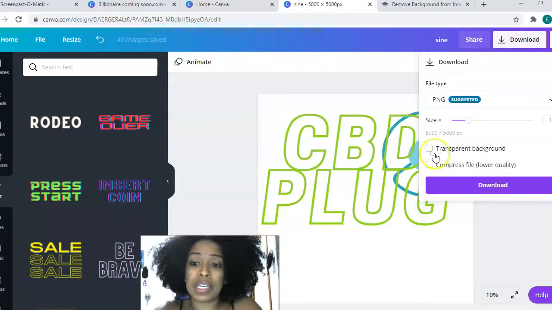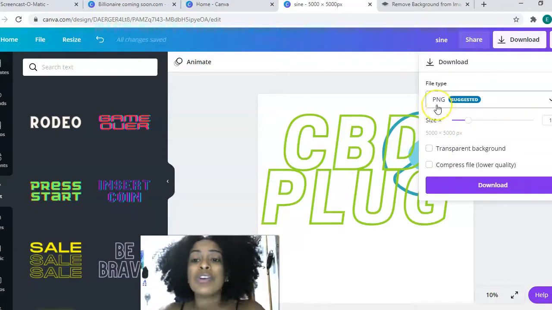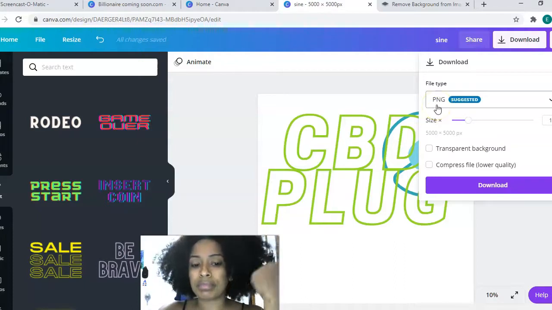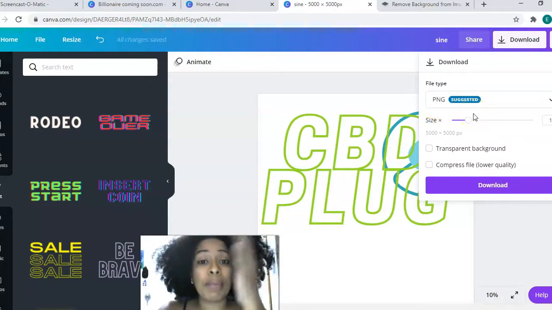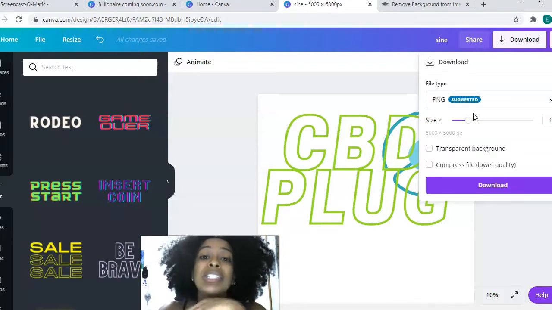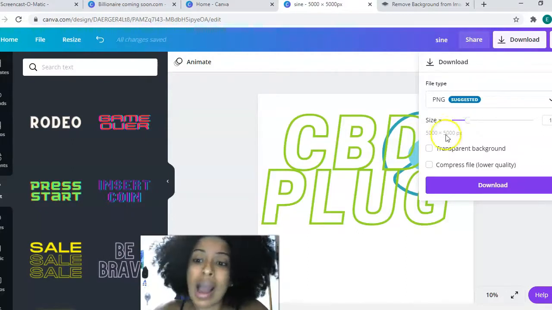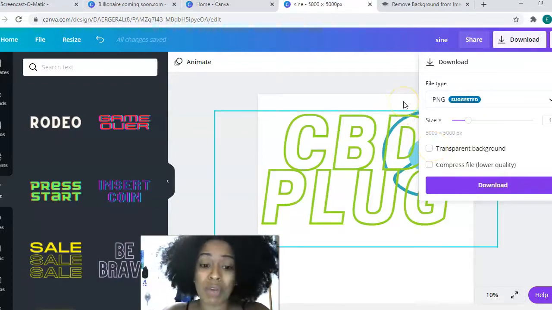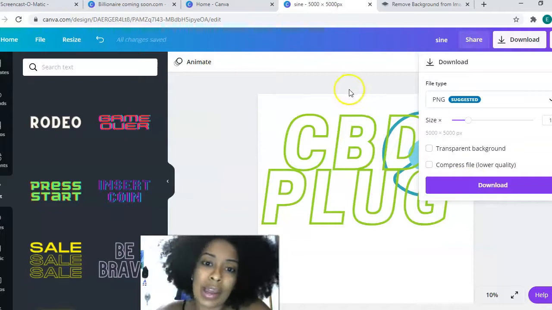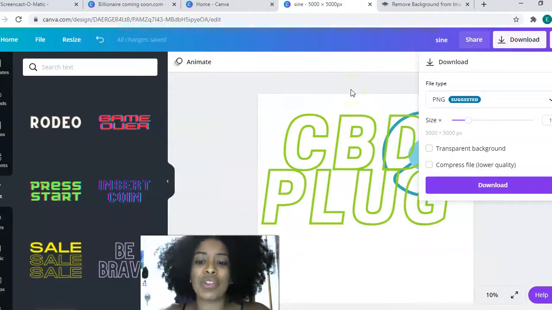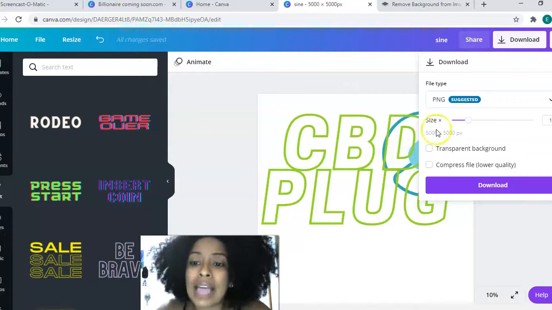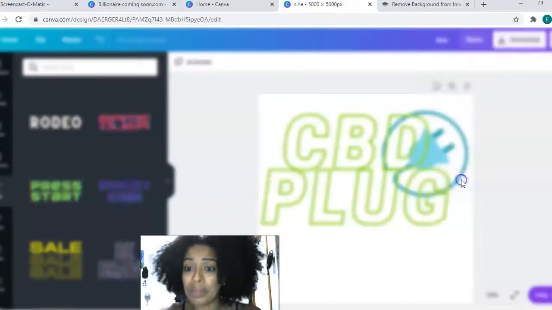So the first option is for you to get the paid version. Canva actually allows you to try it out for 30 days before they charge you, okay? Which is pretty amazing. So I would just recommend that if you don't have the funds to pay for it. I believe Canva is $12 a month. You can just download it and make sure you disconnect your card before the 30 days are up. If not, I'm going to show you guys something. I'm going to go ahead and download it without